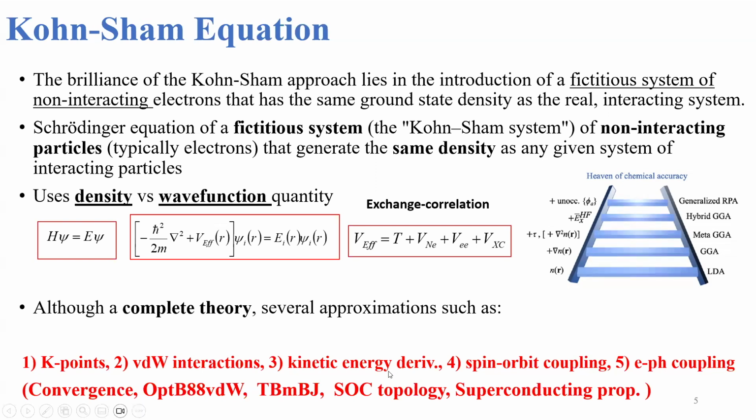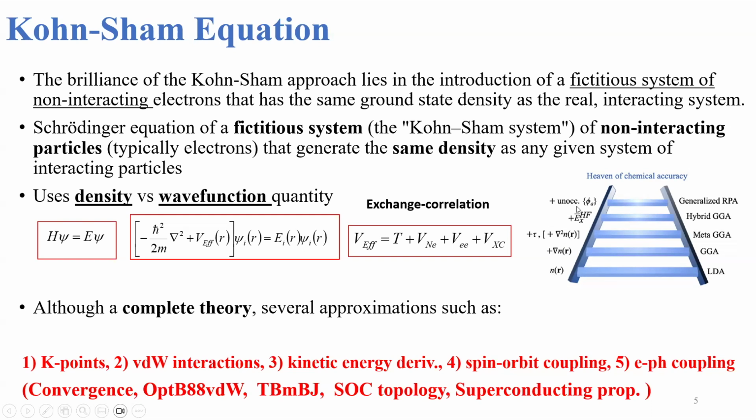So again, this is our famous Schrodinger equation where we have H psi equals E psi, and then we have broken it down into the kinetic energy term and the effective potential. This effective potential can also be broken down as the nuclear electron interaction, electron-electron interaction, and exchange correlation that we just talked about. And based on the theory you are using, there could be LDA, GGA, meta GGA, hybrid GGA, generalized random phase approximation. We'll not go into details of that for our mechanical engineering applications, but it's just important to learn about how they capture not just the density n, but also the gradient of density, the second order derivative of density,